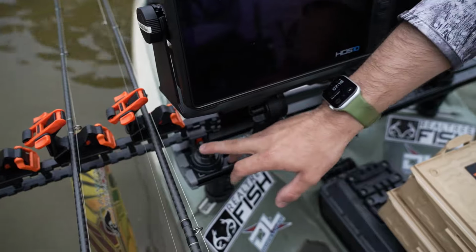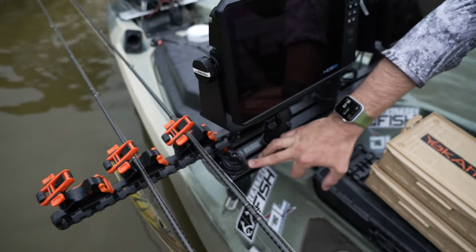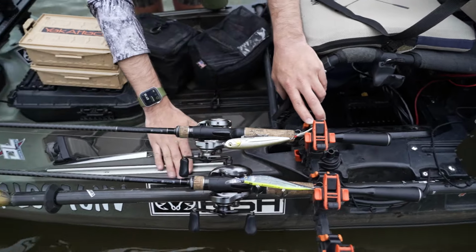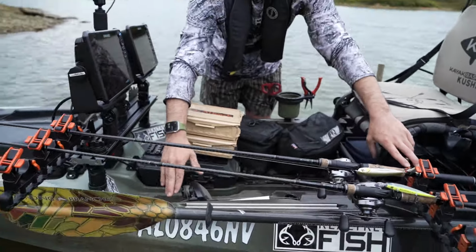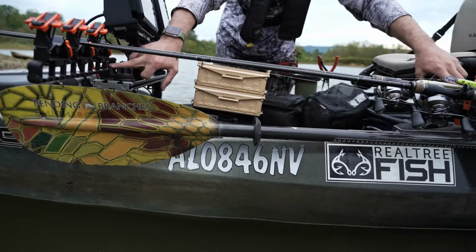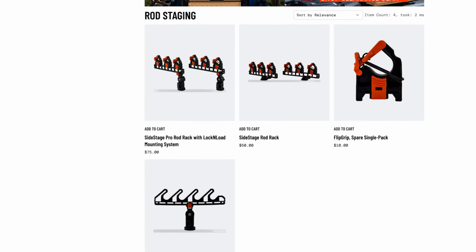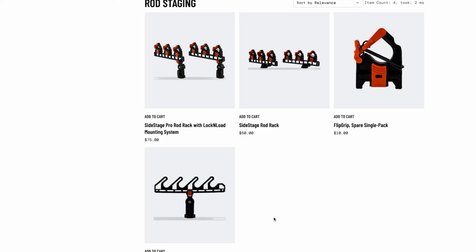I actually have my rod stager mounted to this, and with the PWR right here on the front, the cockpit kind of tapers down. We'll get into these rod stagers in a little bit, but Yak Attack makes 3 versions, so it's nice and easy depending on your boat and your style of fishing, because you can set these up and still paddle. You don't have to have a motor with the rod stagers. You can set them up just to where they're out of your paddle stroke. The beautiful thing is Yak Attack makes 3 options for those, so you can fit it to your boat. But since we're here, let's...